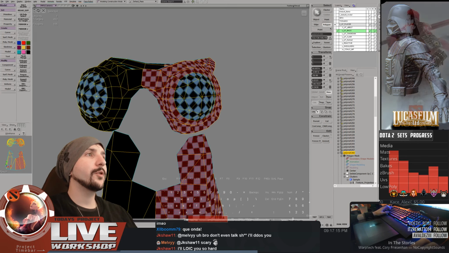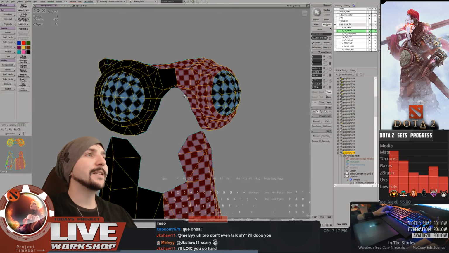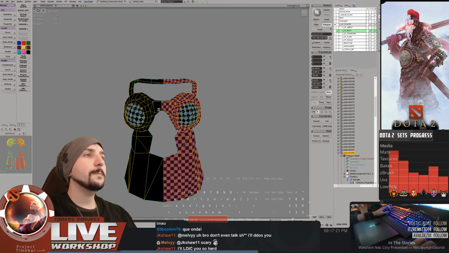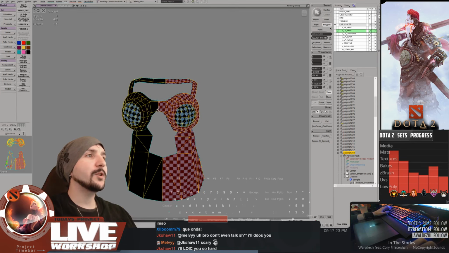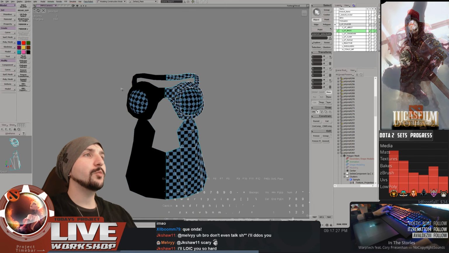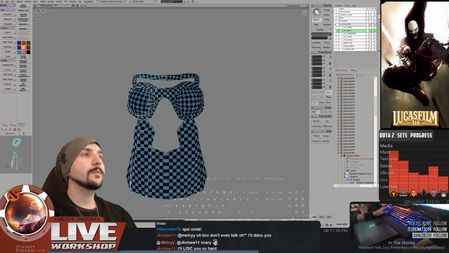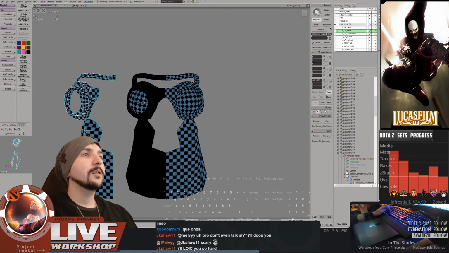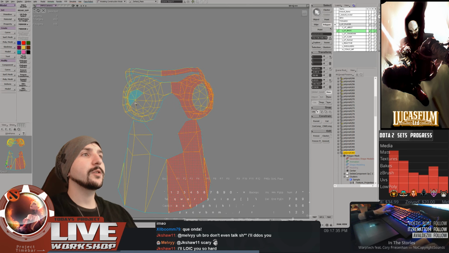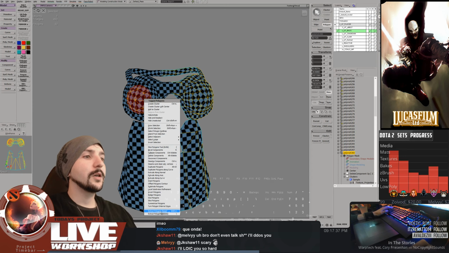So both lenses can be unique and have different little scratches and whatnot. Break away some of the symmetry. And I can then say just keep those guys, so duplicate, and I'm gonna mirror it, select those and delete, and there we go. Now I just need to go in here and actually select these guys and deselect them,